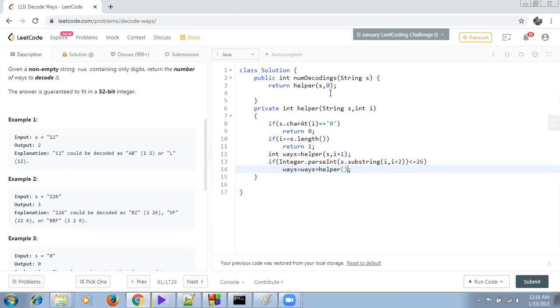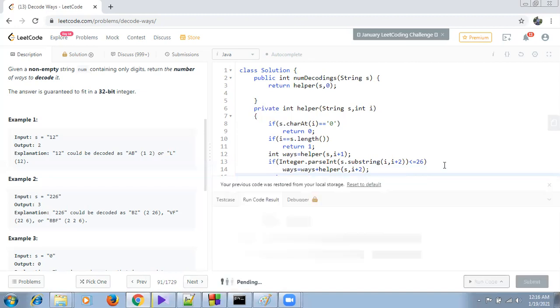We will check for that point to single digit, that is i plus 2, and then return ways. Okay, our code is completed. Now we'll check. Hopefully it will run.